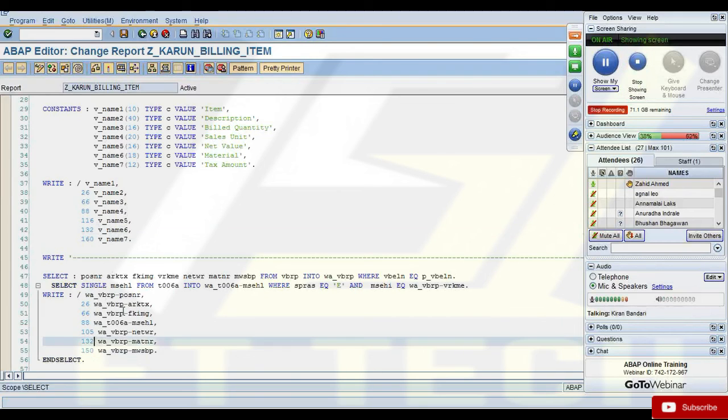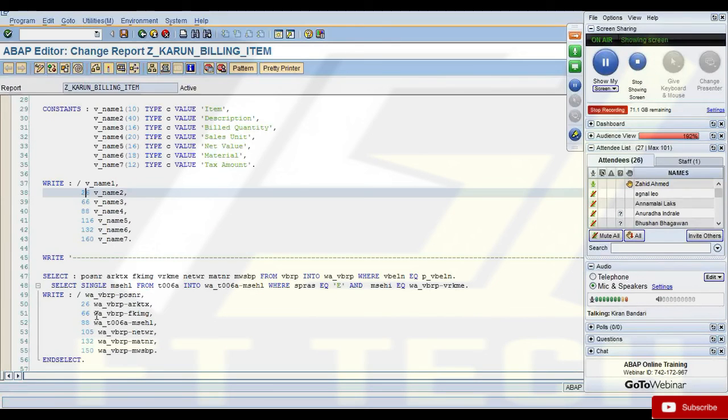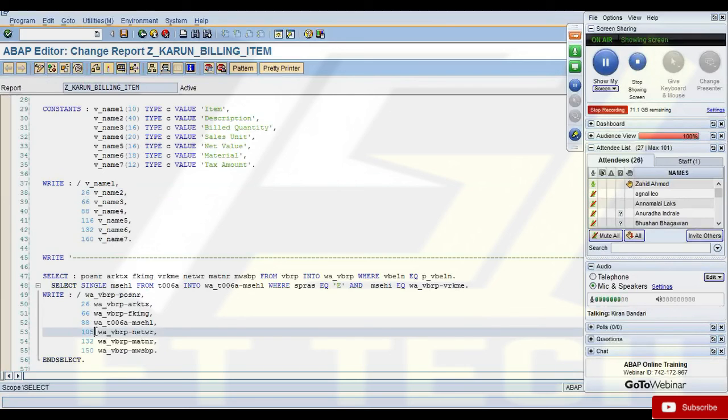Karan, you can actually use left justified. You can maintain the same positions for both header and item and use the left justified addition, so it aligns them properly instead of using different values, because sometimes that won't work. Right now you are adjusting manually with the position numbers, but you can ignore the leading spaces while printing by using left justified. So simply print left justified for everything and maintain the same position for your header and item.